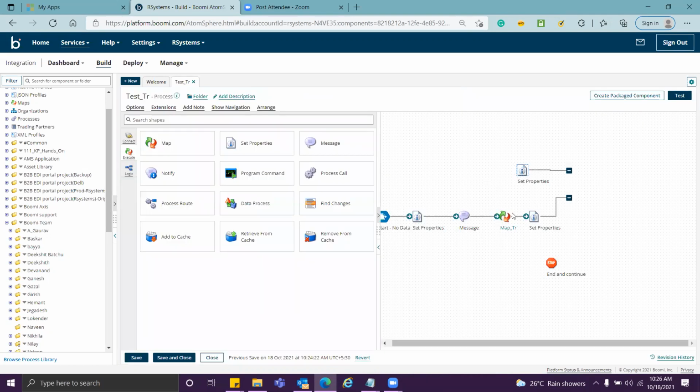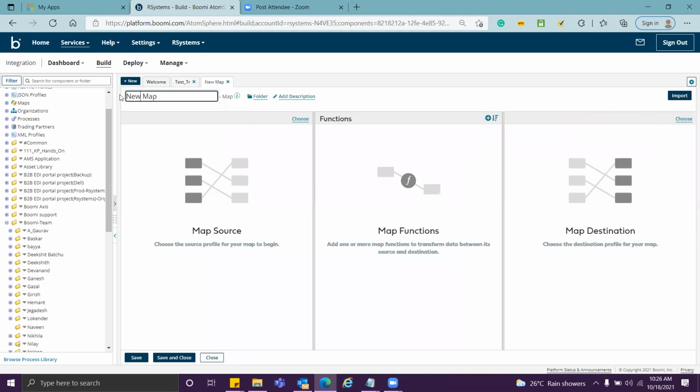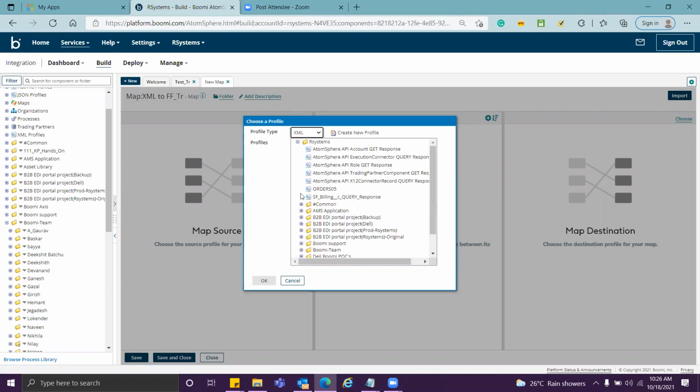So I remove this map after here, or say I use one more map for now, and I click on this, and this is my, suppose, XML to FF map. I choose profile as XML.